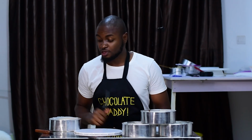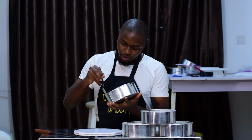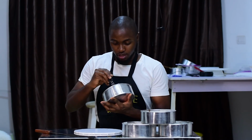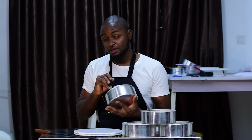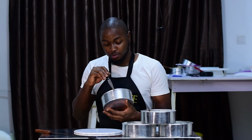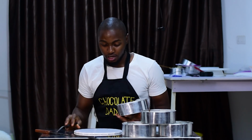So finishing off, I'll just bring it out of my pan. Firstly, I'll take my knife and quickly go around the pan to make sure there is no attached grease to the pan. Then I'll do kind of a lifting up at all the edges. This particular stage is really important to avoid your cake breaking. Just go around the pan and push it in. Then I'll carry a board